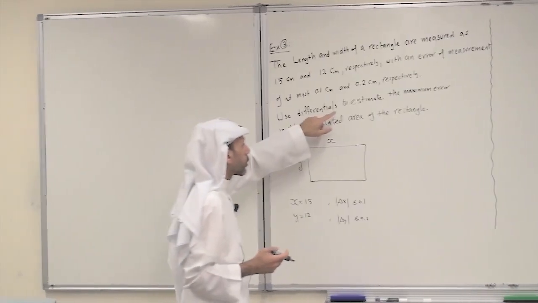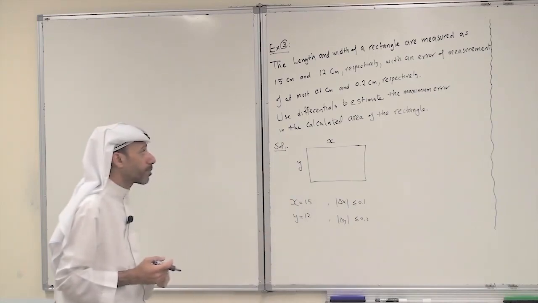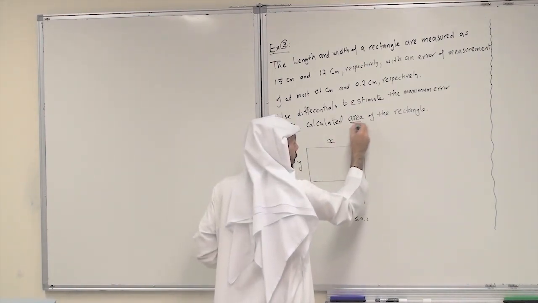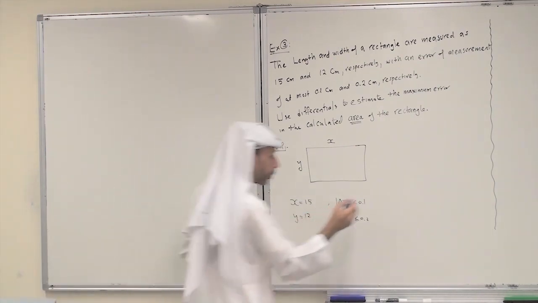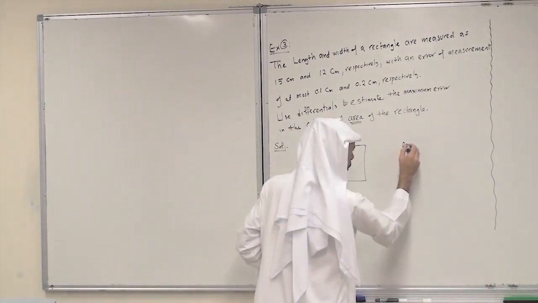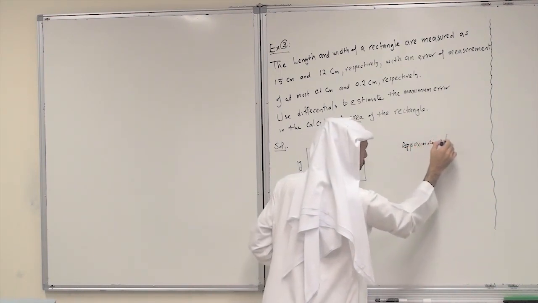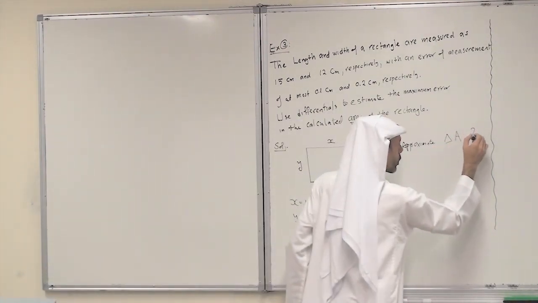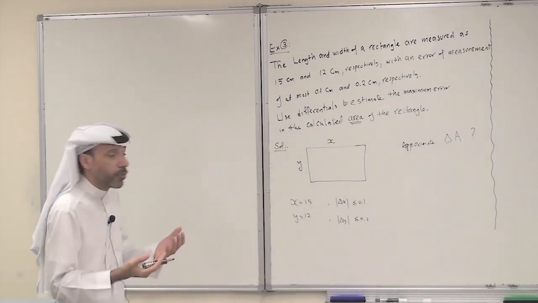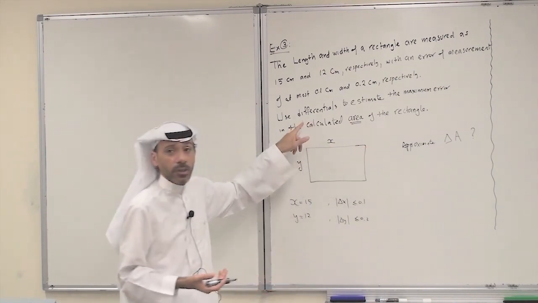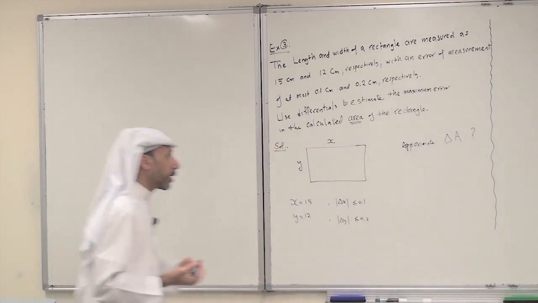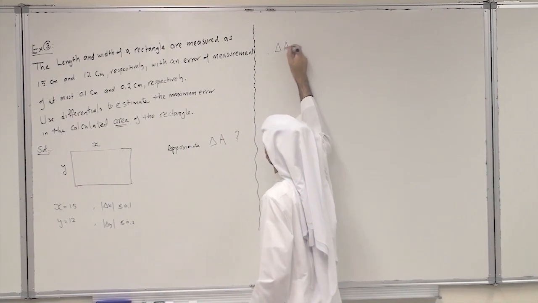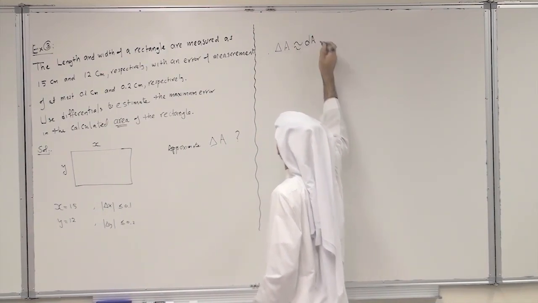Now use differentials to estimate the maximum error in the calculated area of the rectangle. So the error in calculating the area. Really here we need to approximate delta A, A for the area. So this is the question: approximate delta A. And of course we approximate changes by using differentials as the question indicates. The brief answer is delta A is approximately equal to the differential